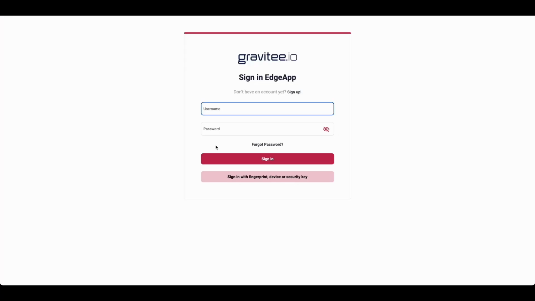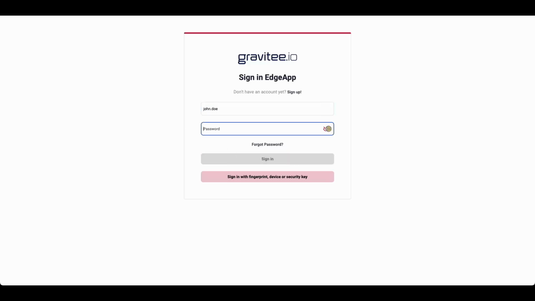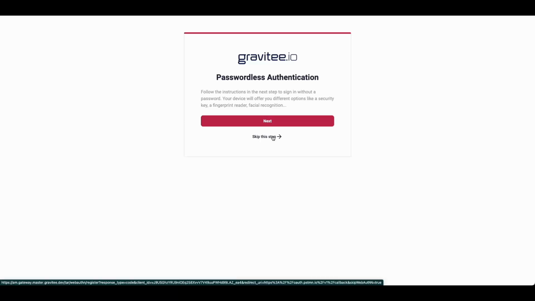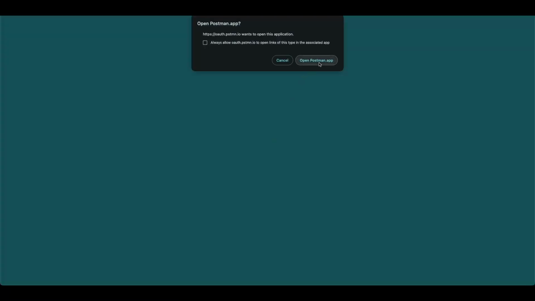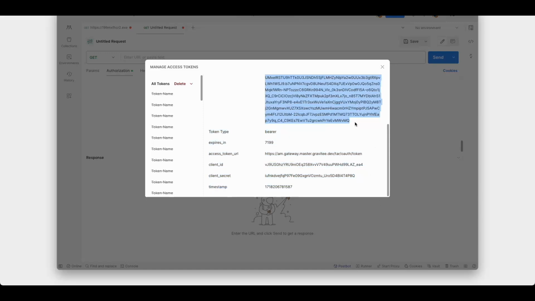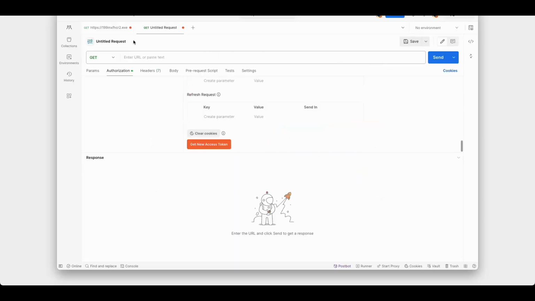So what I'll do now is I'll retrieve an access token by authenticating to the Gravitee access management application. So we can see here, by the way, the different colors that we edited before. We can customize this. We can connect with different identity providers. We can enable passwordless authentication, multi-factor authentication. But in this case, I'm just simply going to sign in here with a user that I know has access to this application. Okay, I'm going to skip registering my biometric authentication device here. And now going back to Postman, I will now have this access token. So I'll go ahead and copy this access token